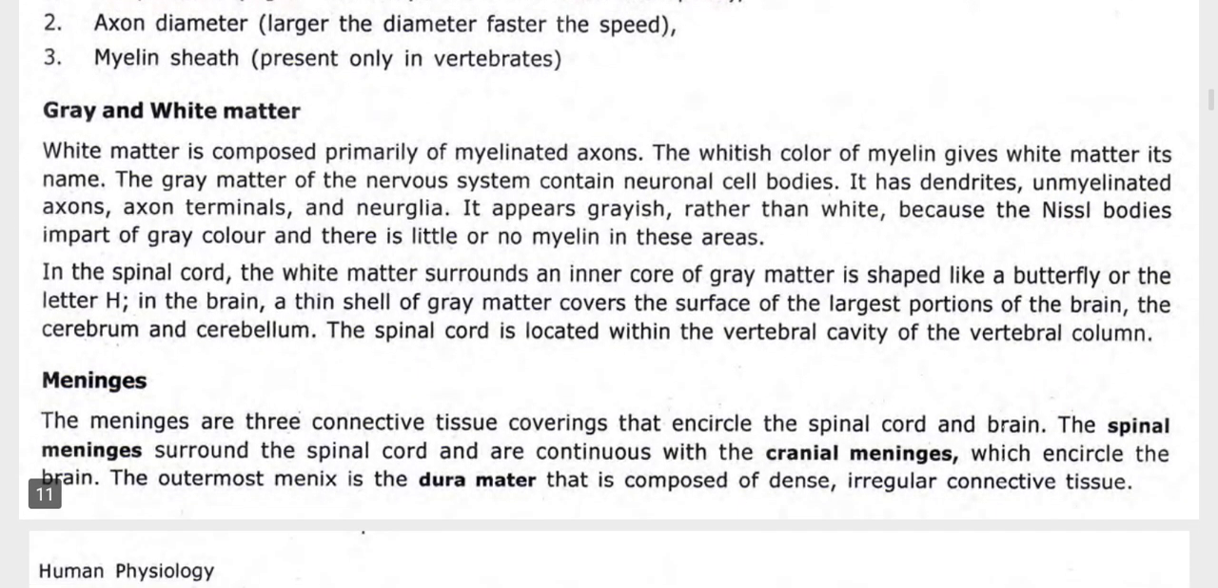Gray and white matter. White matter is composed primarily of myelinated axons. The whitish color of myelin gives white matter its name. The gray matter of the nervous system contains neuronal cell bodies. It has dendrites, unmyelinated axons, axon terminals, and neuroglia. It appears grayish rather than white because the nerve cell bodies impart